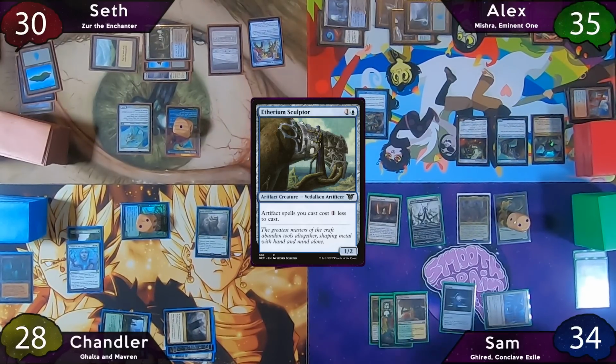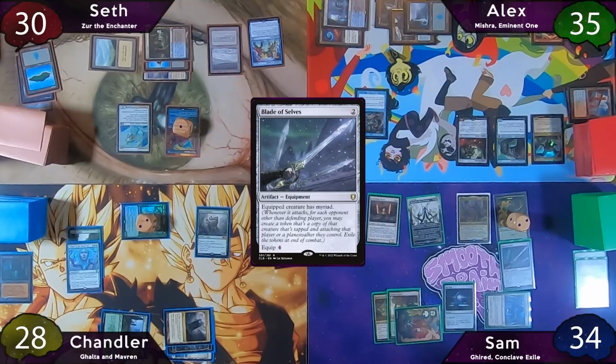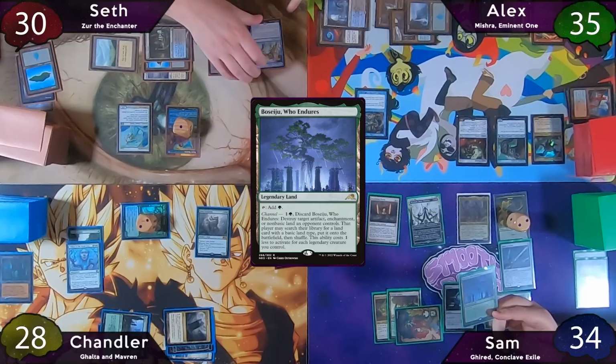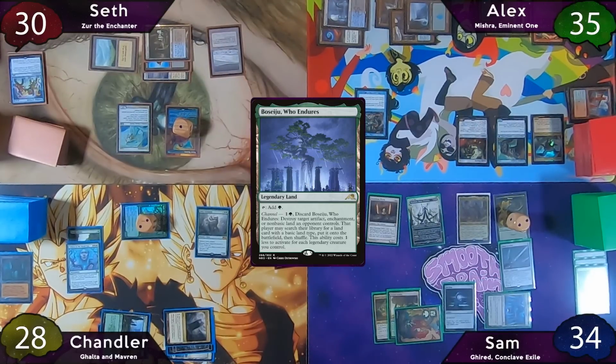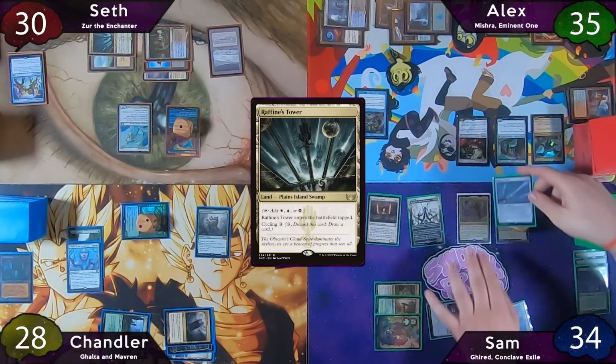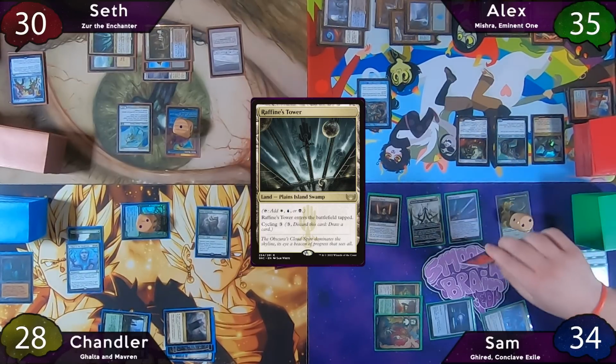Now on Sam's turn, he'll start off by casting Blade of Selves, and then he'll pay 1 green to channel Boseiju, blowing up Exchange of Words, and Seth gets to search for a land. And since he gets to search for a land with a basic land type, he finds Rafine's Tower to the battlefield tapped. Continuing on, Sam will then equip Blade of Selves to Ghired, then move to combat, and he'll swing